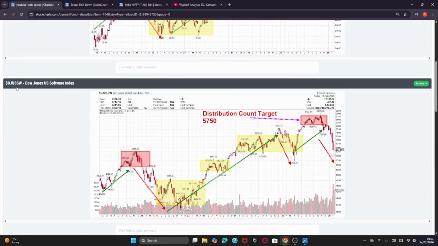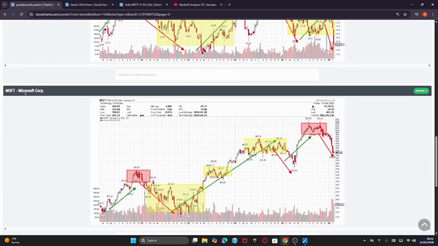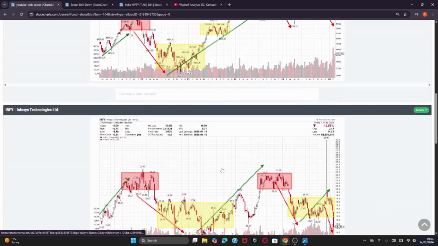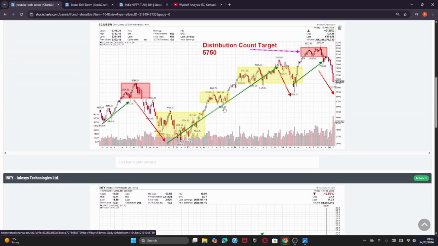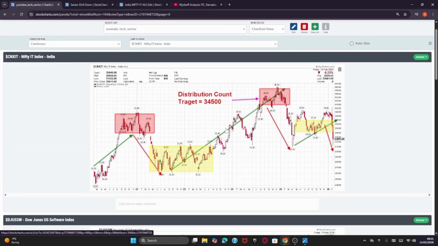Similarly, for the US software, we have the cycle where Microsoft is exactly matching what is happening with the sector level price action. So what we have to look at very closely now is the recent price markdown. I have computed the count, which I'm interested in to know how long this sector can go down. The target count I could see, based on the distribution area highlighted over here in the red box,